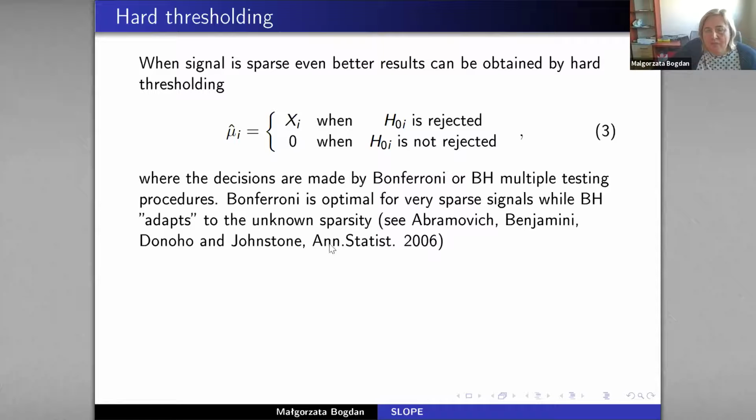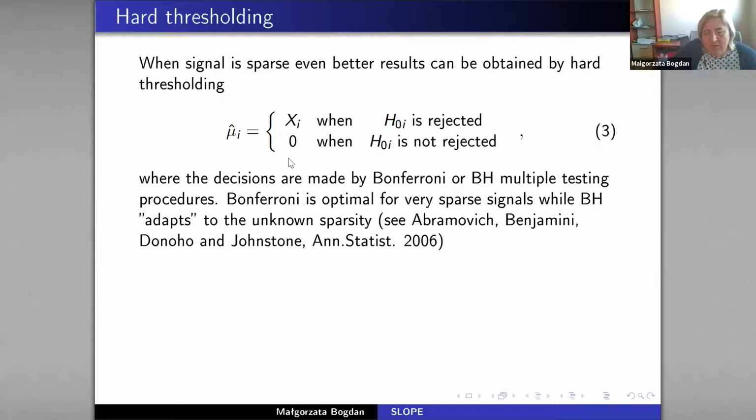And now there is a very famous result of very famous authors, Abramovich, Benjamini, Donoho, and Johnstone. Donoho and Johnstone are from Stanford University. Abramovich and Benjamini work in Tel Aviv in Israel. They have shown that if you use the Benjamini-Hochberg procedure as the test here, you can actually get asymptotically optimal